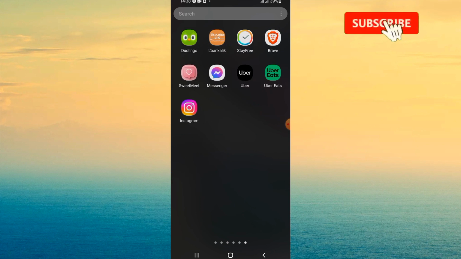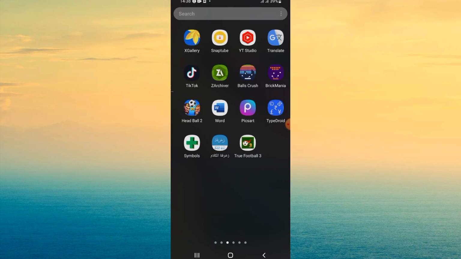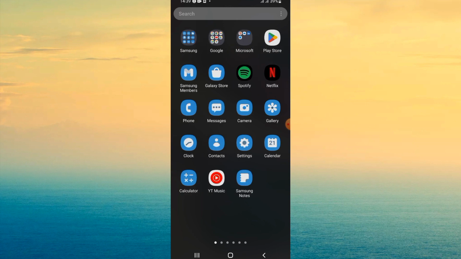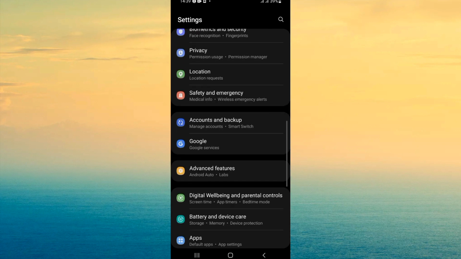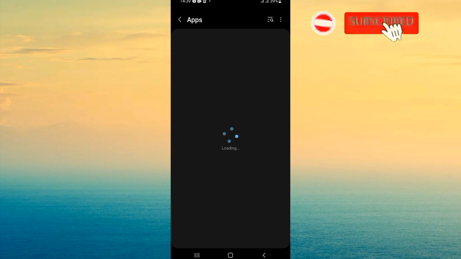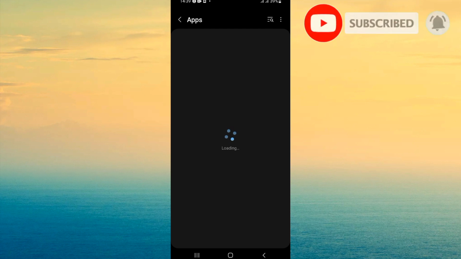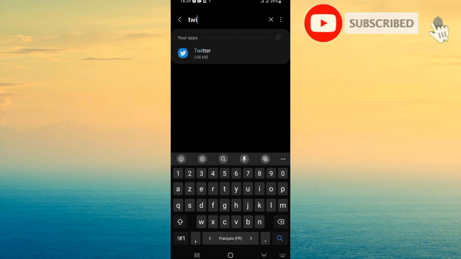So first, you don't have to open your Twitter, just go and open the settings of your phone. After that you should come directly to your apps, and here on apps you will find all the applications that you already have on your phone. You will search only for your Twitter, so you just have to wait until it shows you. And then right now I search for Twitter,